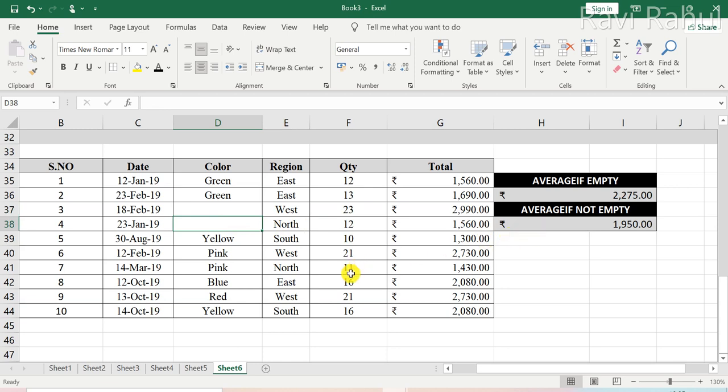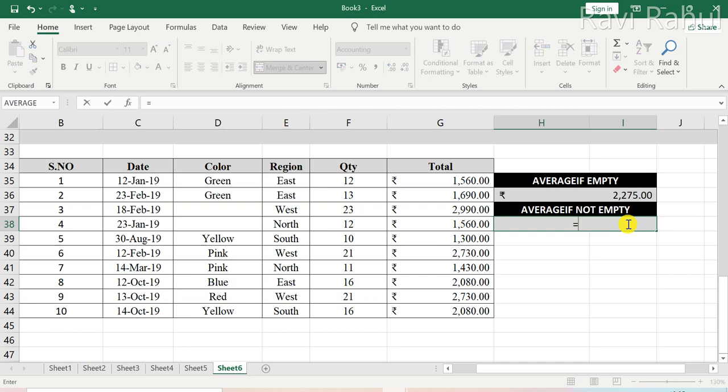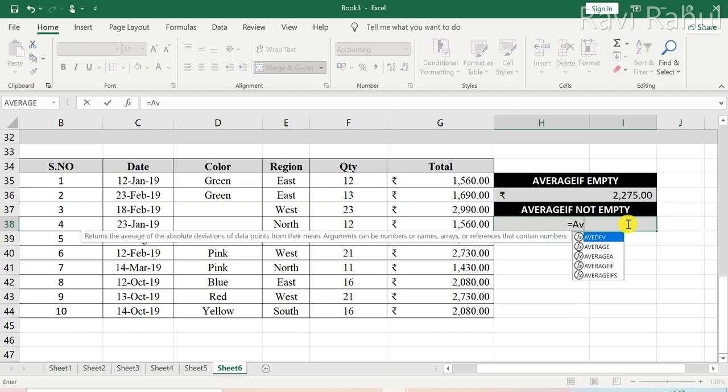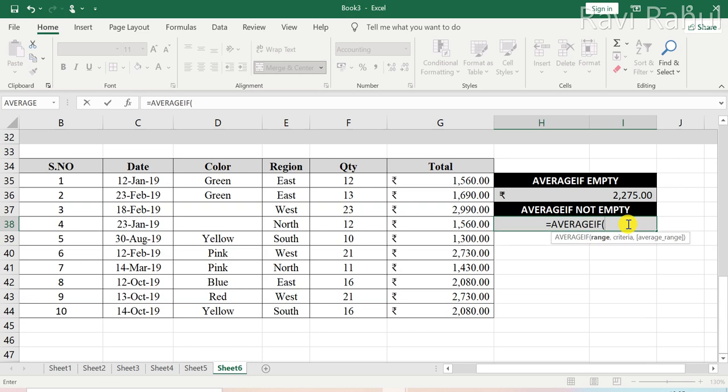Okay, similarly, if you want to calculate the average of those cells that are not empty, in order to proceed with that, again you hit the equal to sign and put in the formula average if, and select the criteria of ranges. Like I want to calculate all the average of those cells that are not empty. I will select the range, and then I will put in the operator of not equals to in double quotes, and then I will select the range of average sales.